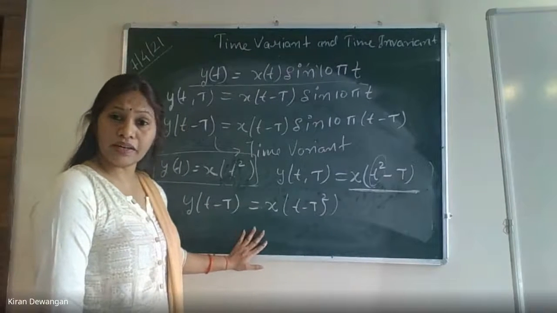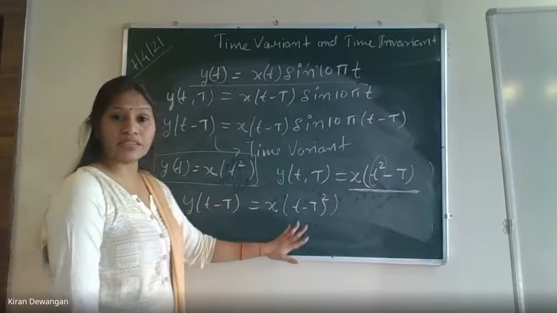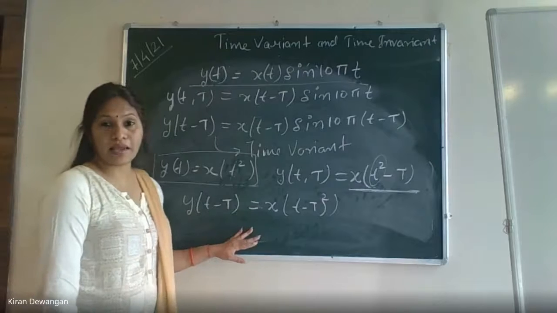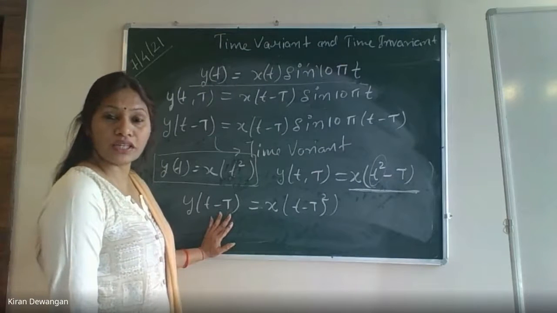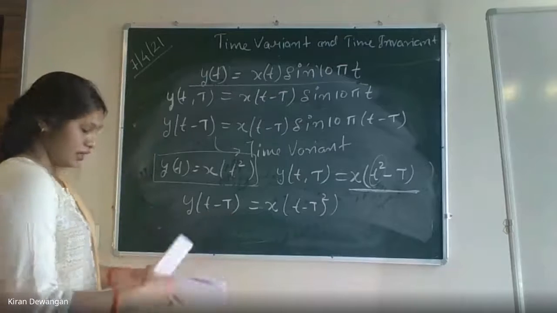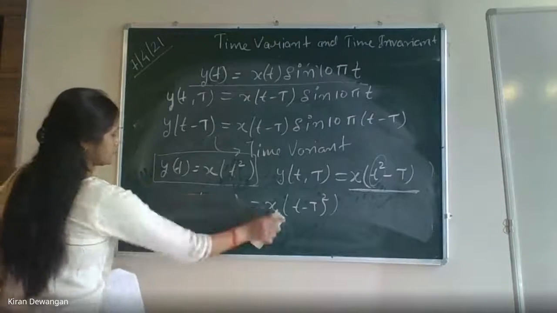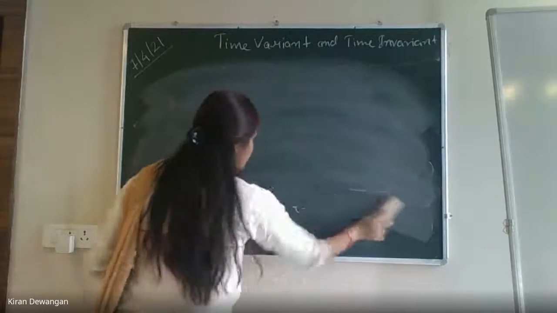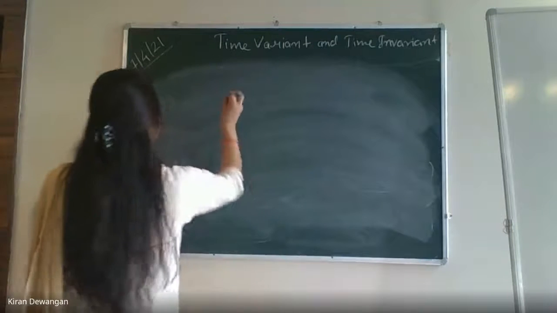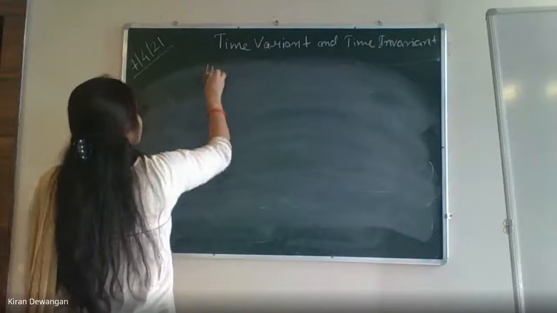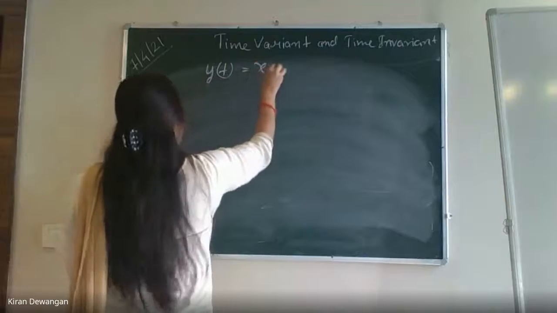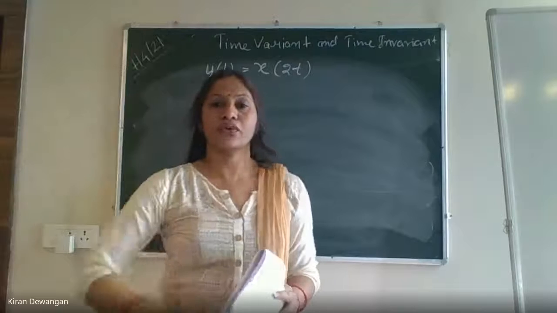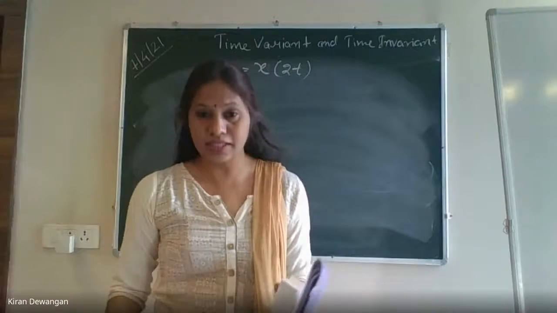Now this concept is clear, everyone. Don't get confused and don't make it as time invariant system. It will be a time variant system since these two are not coming same. Is this thing clear? Anyone who is still not clear with this concept? It's clear, right? Now we have another type of question. अब ये आप लोग मुझे जल्दी से बताना कि ये टाइम वेरिएंट है कि इनवेरिएंट है. y of t is x of 2t. y of t x of 2t, whether it's a variant or invariant system.